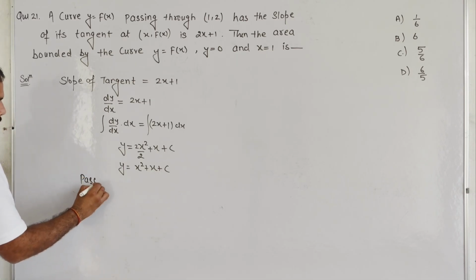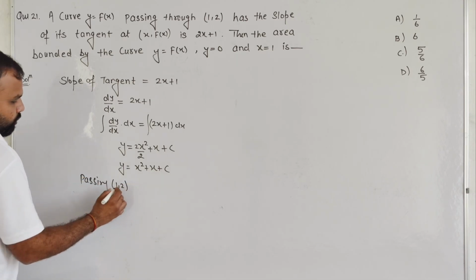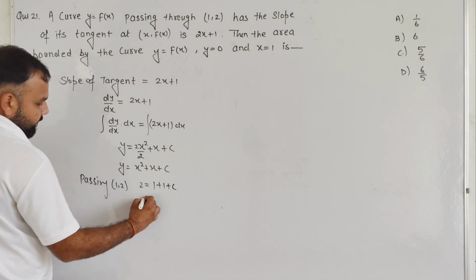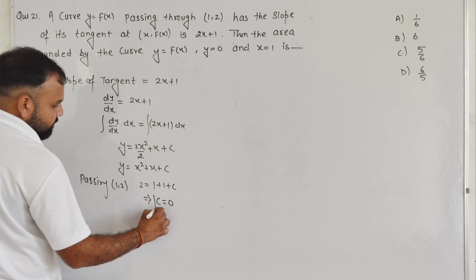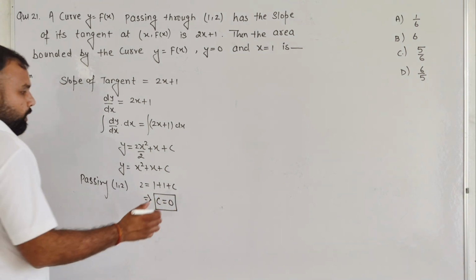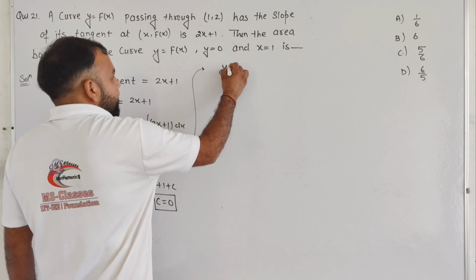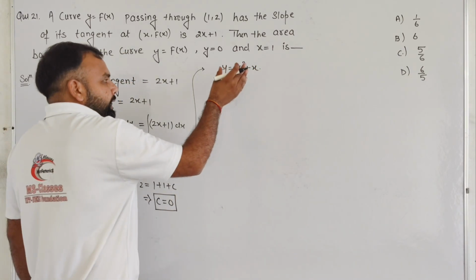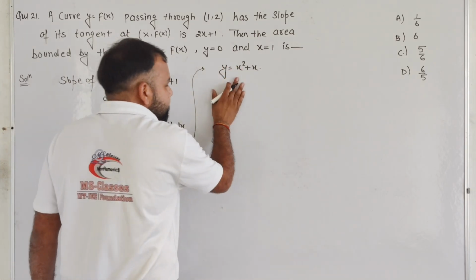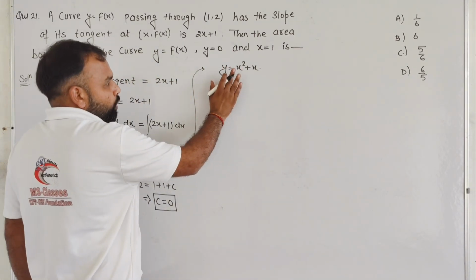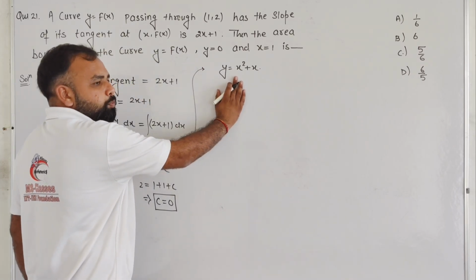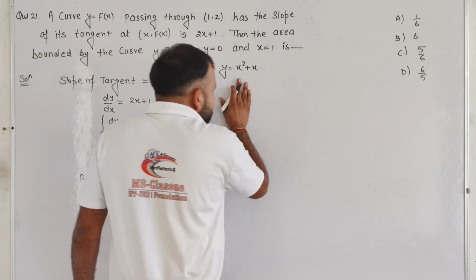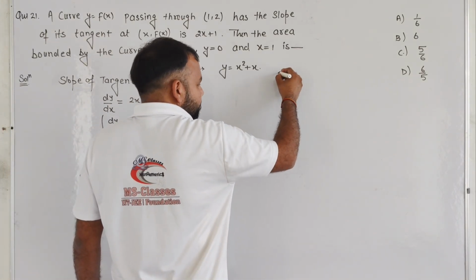Student, it is basically x square plus x plus c, and you know given curve is passing through 1 comma 2, so passing point is basically 1 comma 2, so put down y is 2 and x is 1, so 1 square 1 and c, it is basically value of c in this expression is 0. Value of c is 0. So student, it will become y as x square plus x. And you know, this is a quadratic, or you can say that this is a curve which is parabolic. And you know, if coefficient of x square is positive, so parabola is upward facing. Upward facing, that means curve for this expression is basically this one.